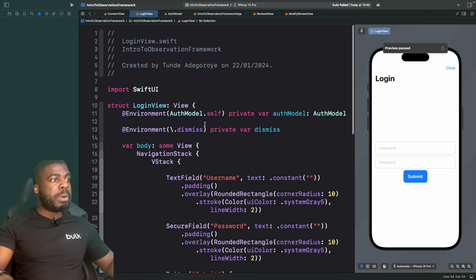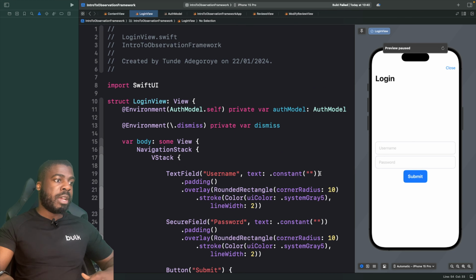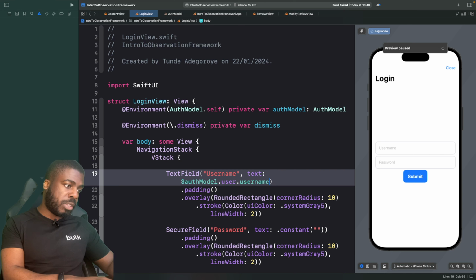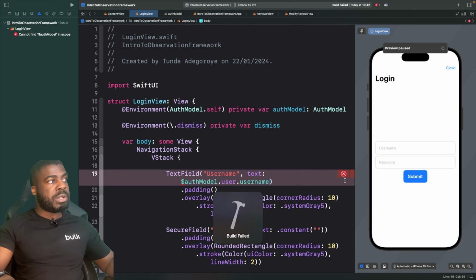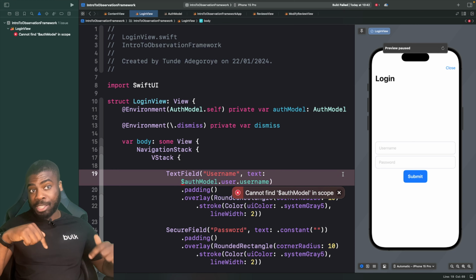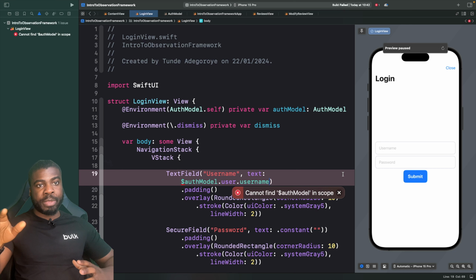Cool. Now what I want to do is I just want to bind this auth model to our text entry points here, so our text field and secure field for the username and the password. So I'm going to delete this, and I'm just going to say authModel.user.username like so. Cool. And if I build this, you'll now see that I get an error, and this is expected because at this moment in time, at this recording, you're not able to actually bind environment objects in the